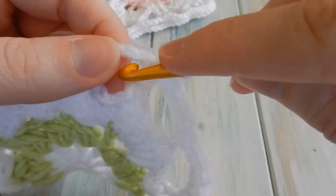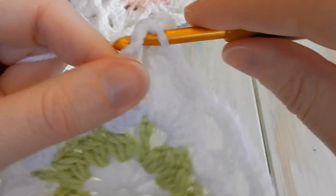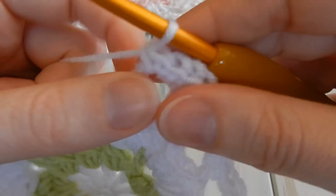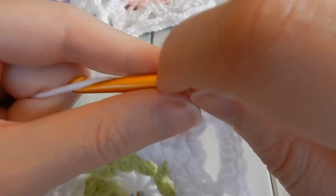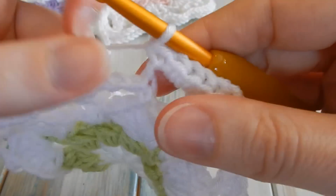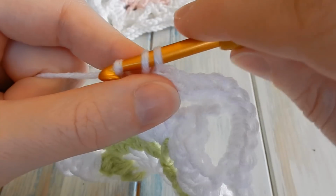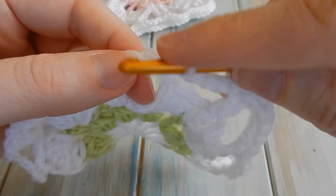Then we're back to a 4 chain space, so we do 4 single crochet in there, 1, 2, 3 and 4, then 1 single crochet in that next single crochet, then 4 single crochet in the next 4 chain space, 1,